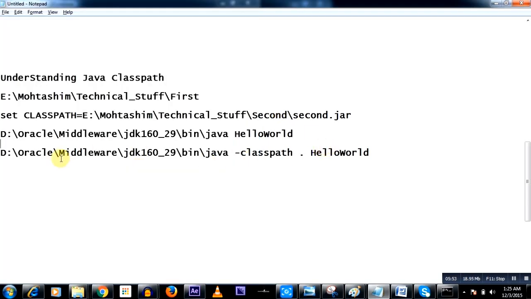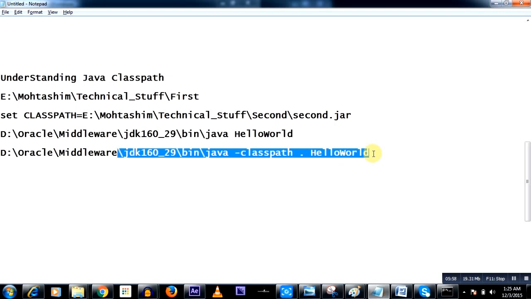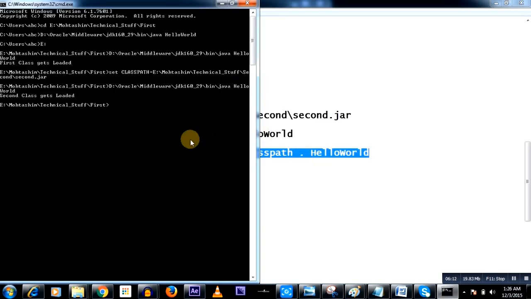Now, if I execute the Java code like this, same as before, but here I'm explicitly saying to set the class path as the current directory. Here you see this dot means the current directory, which means the first folder. So although you have set the class path to the second jar and have not set the class path for the first, while executing you pass the parameter and say please consider the current directory.